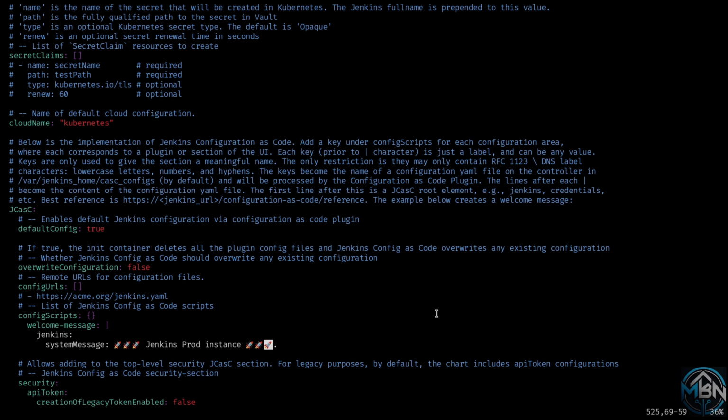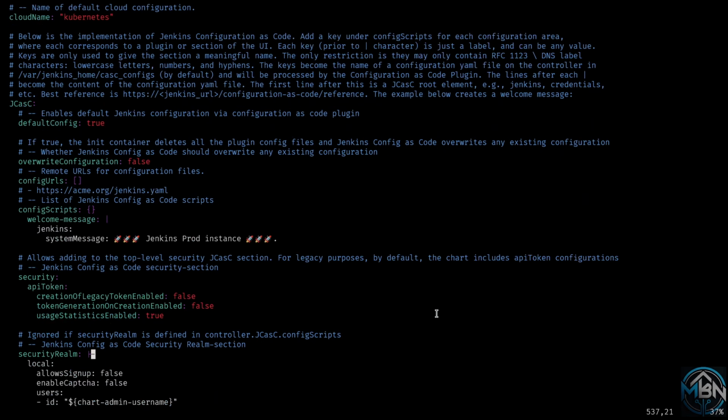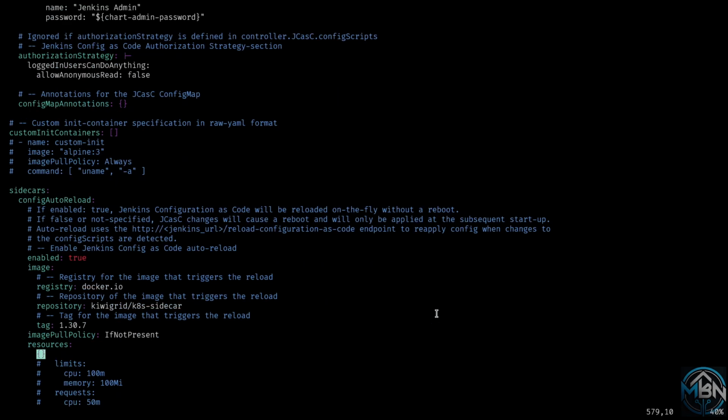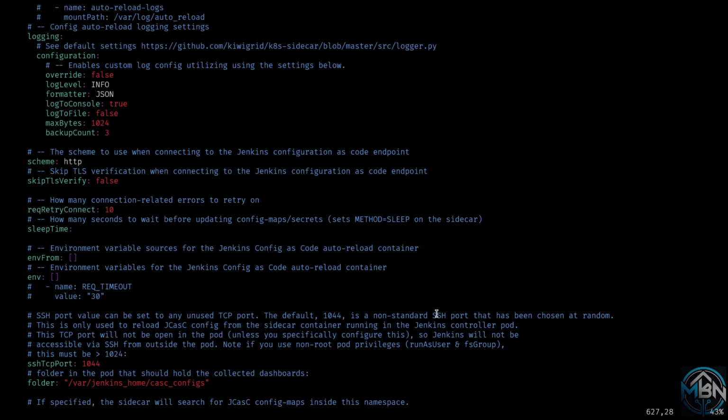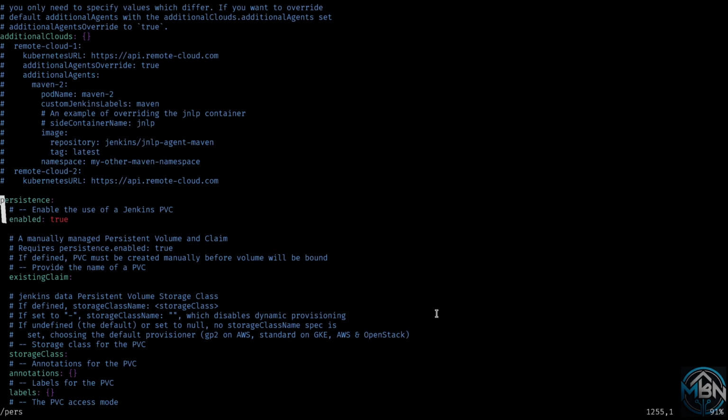Let us go ahead and update the persistence field with a custom storage class, which would retain the data even if the Jenkins is deleted. Let us look for persistence, which is enabled by default. We need to have a storage class which will retain the data even if the deployment or the Jenkins is